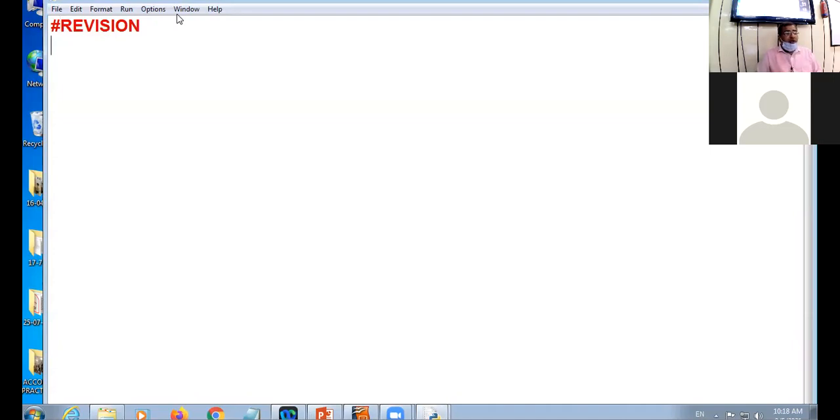Right now I'm going to make one simple program where I'll be printing the table of a number using the function concept. Every function definition starts with the keyword def. First of all, please revise with me. Then you can type, or if you are more convenient, type parallel to me. All the offline students, type the coding parallel to me. Where you have doubt, you can raise your hand.